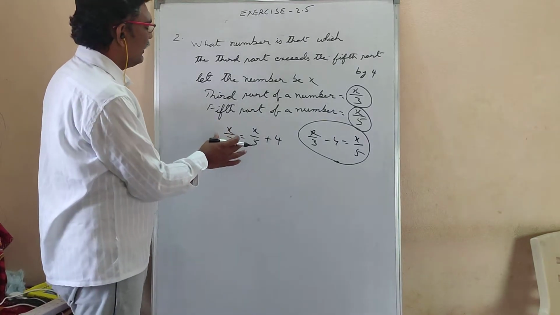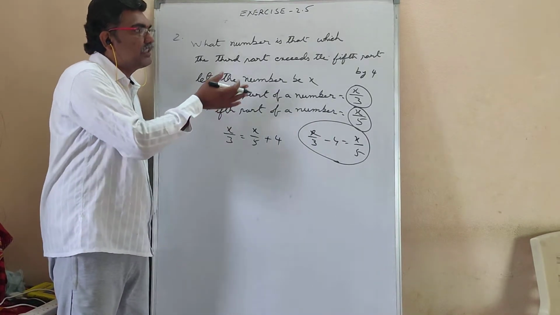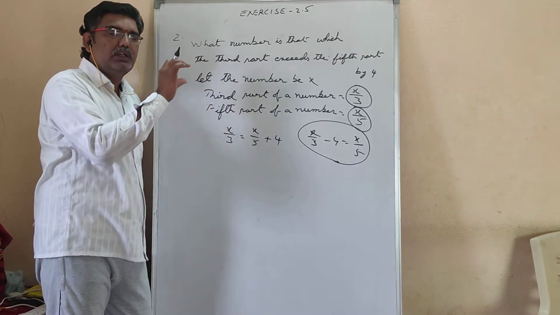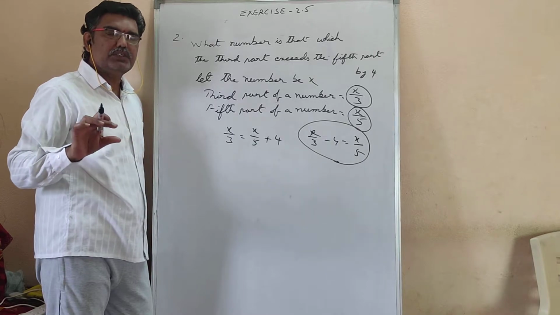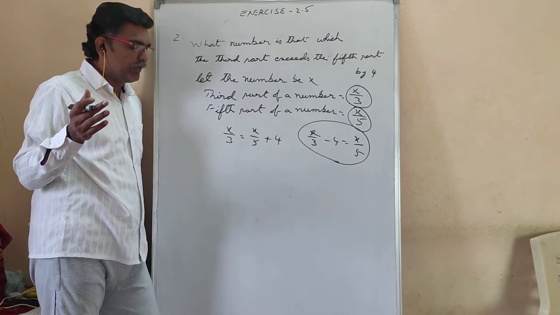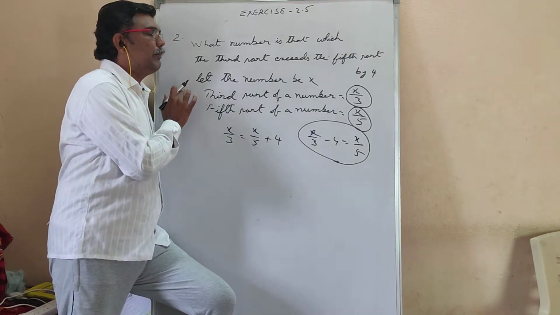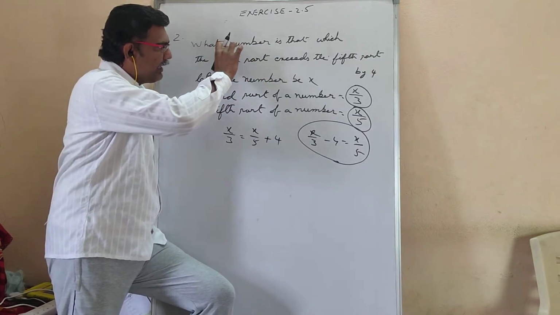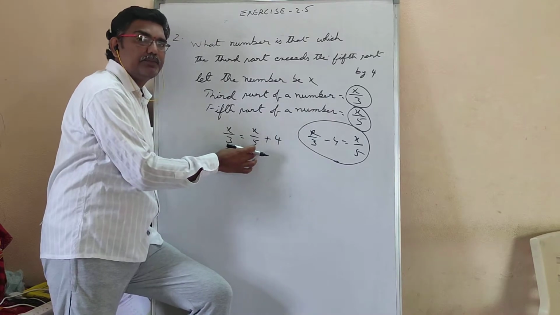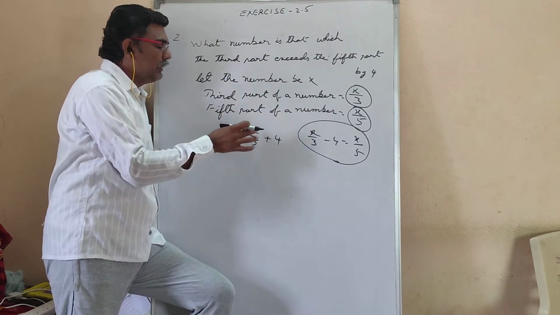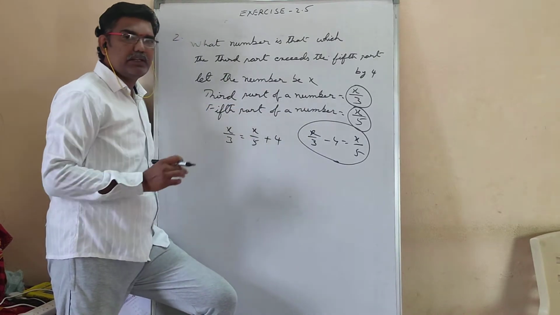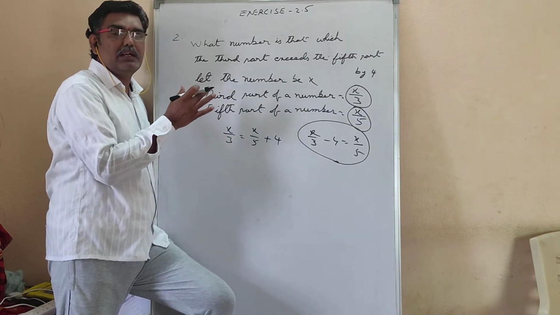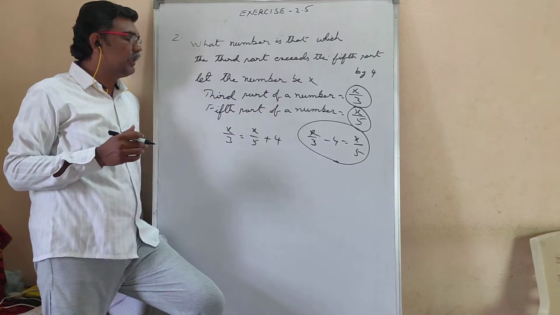Now, it is as in the first problem. In this exercise 2.5, in the first question they gave some equations, and you have to solve them. Here in the second problem, they gave a word problem, and by reading this, you have to form the equation. In the first problem, they gave it already and you have to solve it. Okay. So first and second are interlinked. If you know one, you can find out the other.